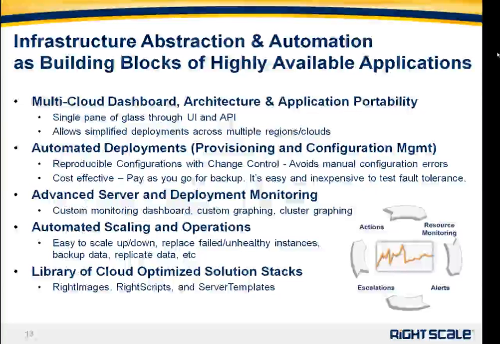You need a way to automate how you quickly put together all this provisioning of servers and the configuration management of the software on the servers. You need to be able to monitor and get alerts from all these servers. You need to be able to do things like auto scaling or dynamically change the configuration of these servers over time.